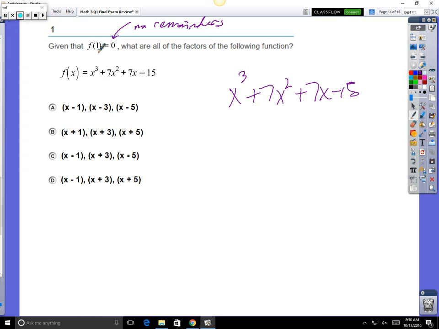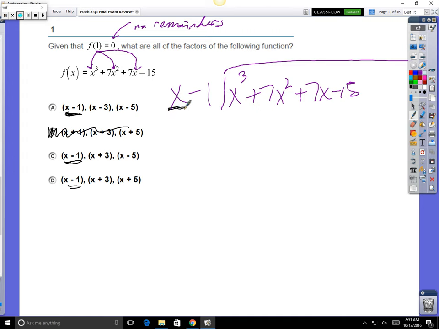And if you're plugging 1 into each of the x's to figure out what the remainder is, that means you are dividing by x minus 1. So I'm going to divide this by x minus 1. If you divide this by x minus 1, that is one of the factors. So x minus 1 is one of them. Could be that, could be that, could be that. So I know right off the bat it's not B, because x minus 1 has to be one of the